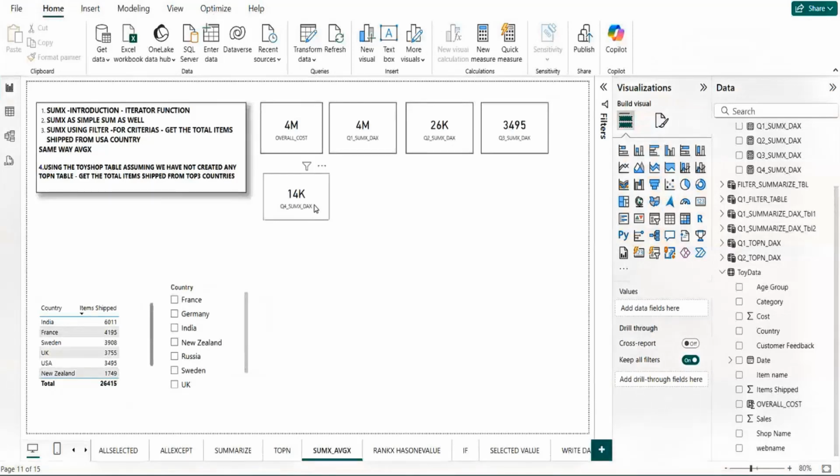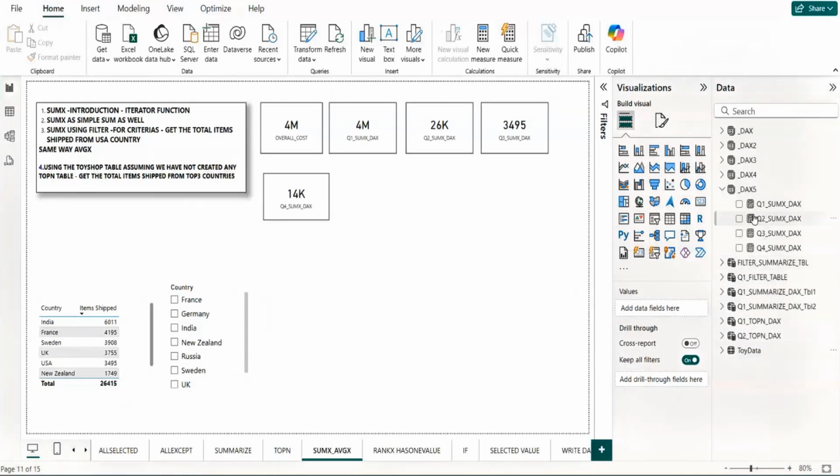So now it means you're capable of pulling out the top or the bottom items from the existing tables, as well as the tables which do not exist but can be created on the fly from the existing tables. So thanks to the SUMX. SUMX plays a simple role in doing these types of tasks. Okay, so I hope now you have the answer to each and every query. And in the same way, when you said that you need the top 3, what if I have to see the top countries? Well, I think when you create the function like this